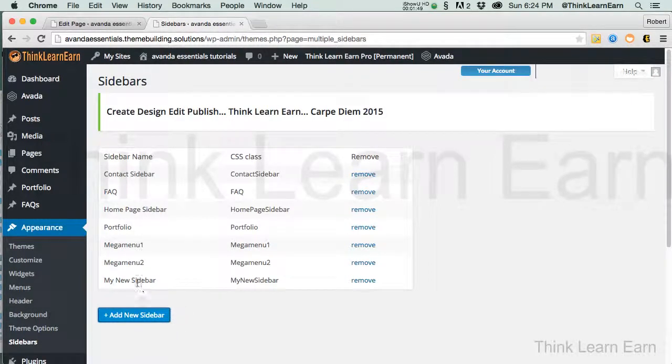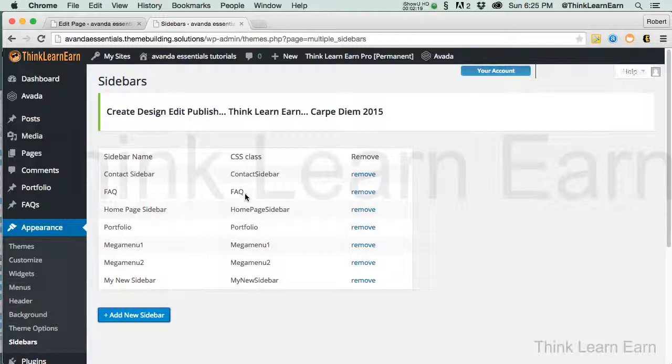Now, rather than generically calling this My New Sidebar, in fact, notice that it does initial caps. So in this particular case, My New Sidebar would be conjoined initial caps: my, capital N, capital S. That's just so the eye can read it a little bit better. It's really not necessary to do that. In this particular case, it would make no logical sense to just have something called My New Sidebar. I would use this as a for instance to give it some kind of name that would make sense to you